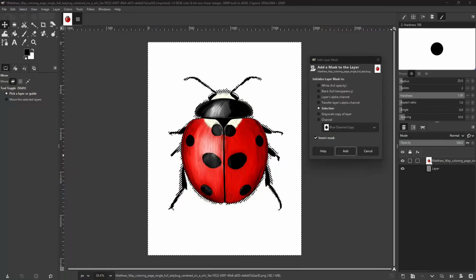So when we create the mask, we want the black to actually cover the white. We want to conceal everything that's in the white, and that's what we have selected. So when we select this, we're going to base it on the selection, and we want to have invert mask checked, because if we uncheck this, what we're saying is,